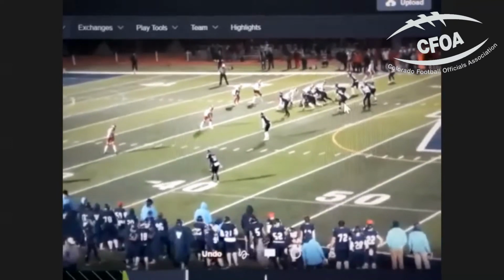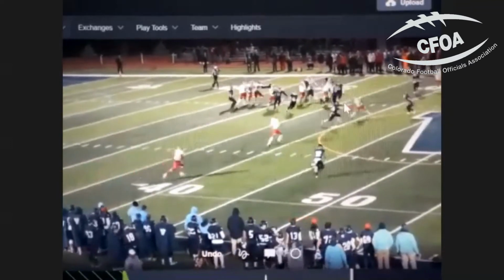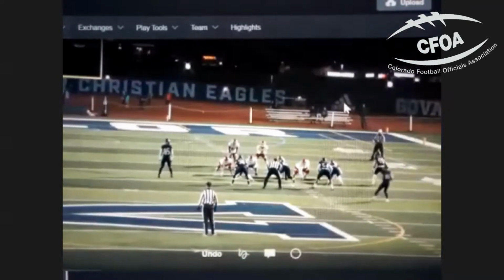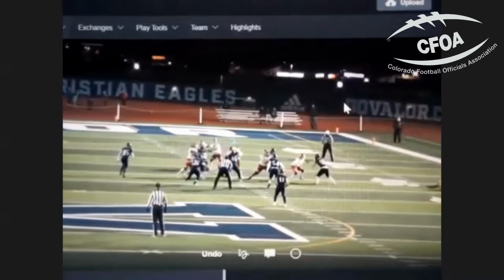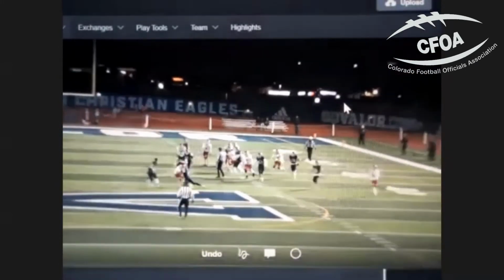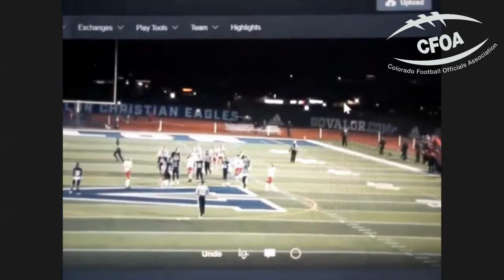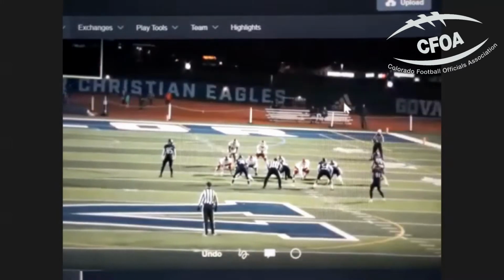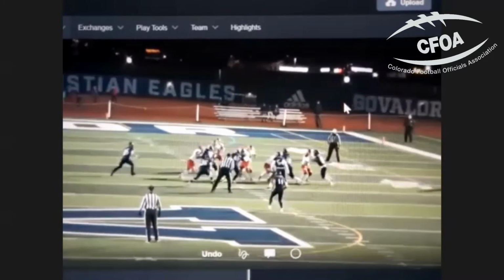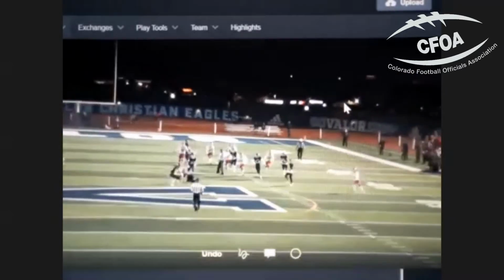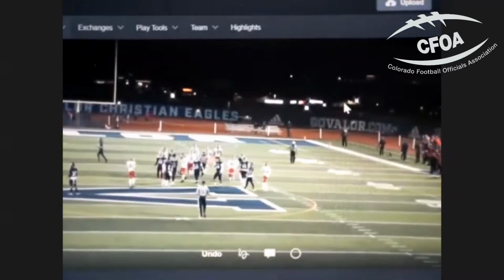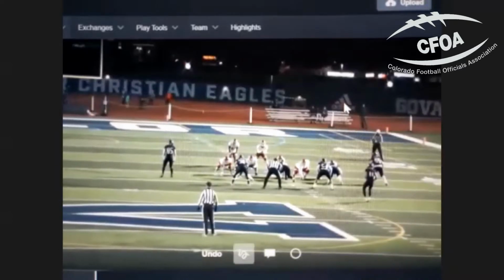All right, so do we have the back view of this play? So you can kind of see what the linemen are doing right here as well. This is what we call our pin pull situation. If you go to the beginning here and just pause it, we're going to pin pull our backside guard on this.